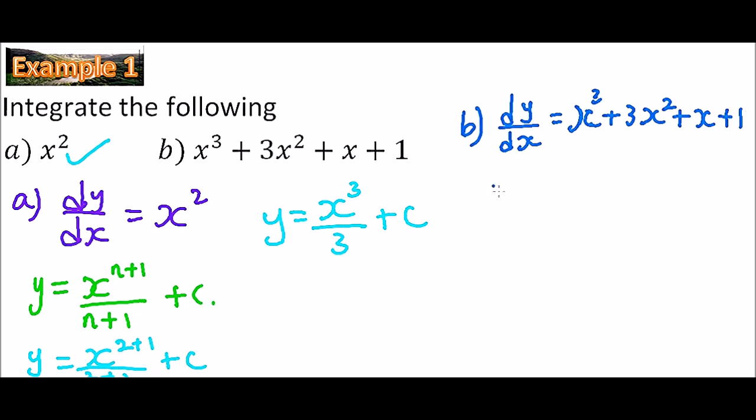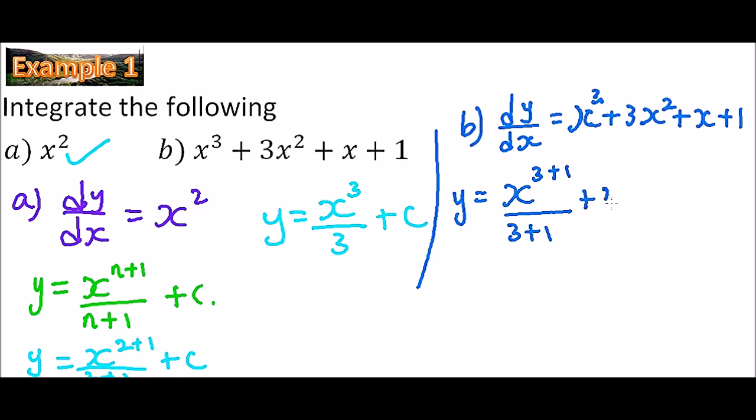To get the function using the same method, we say y is equal to: we add 1 to 3, so this will be x to the power 3 plus 1, divided by 3 plus 1. We come to the second term, this is 3x to the power 2 plus 1 divided by 2 plus 1, then plus,